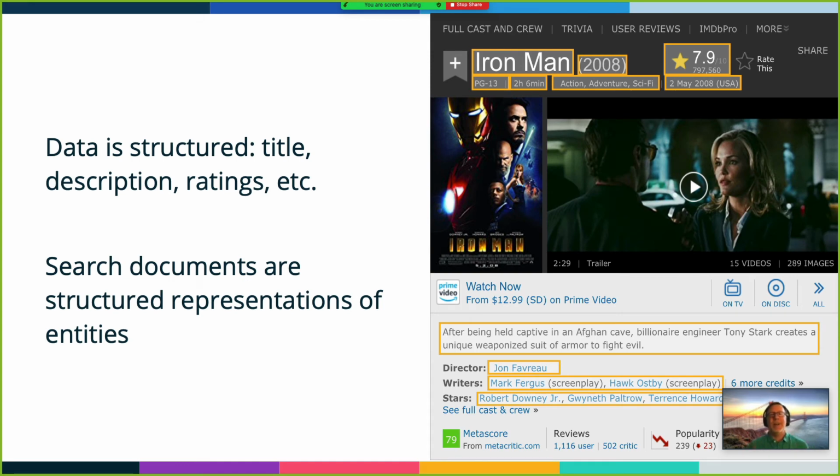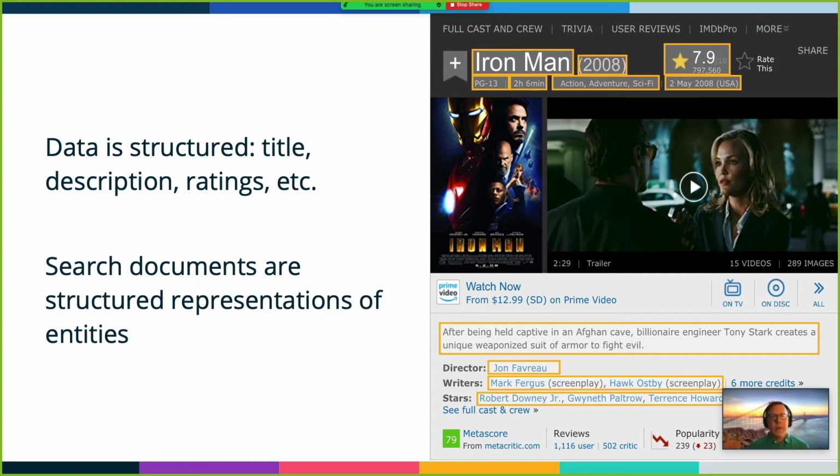So starting with the document, we're going to imagine a case where we have one of these streaming services and we have these entities, which are movies. We really want our customers to be able to come find the movie that they want to watch and then be able to purchase and play that movie. So the movie entity has a number of different pieces of information associated with it, right? So movies have a title, they have a year they were released, they have a rating, they have genres that they're associated with, maybe a little plot description, actors, directors, etc.